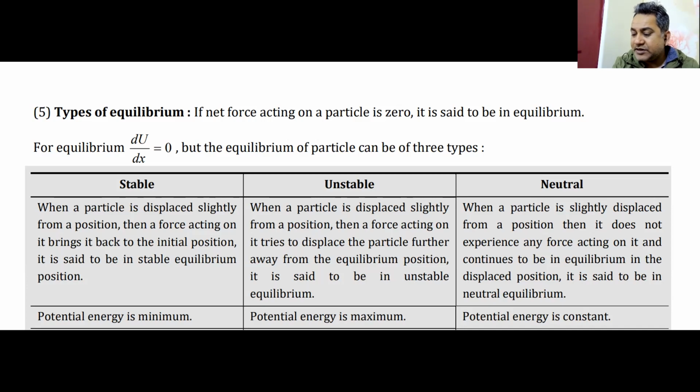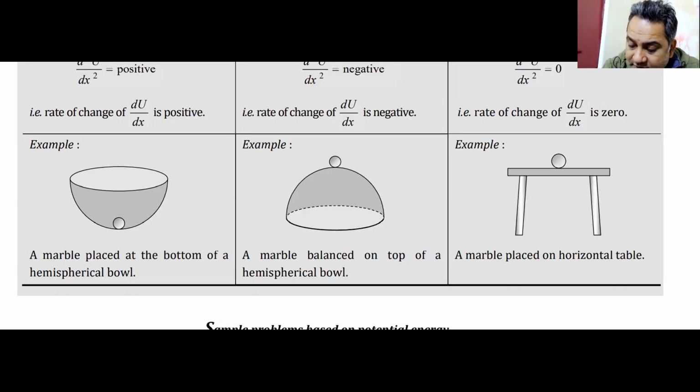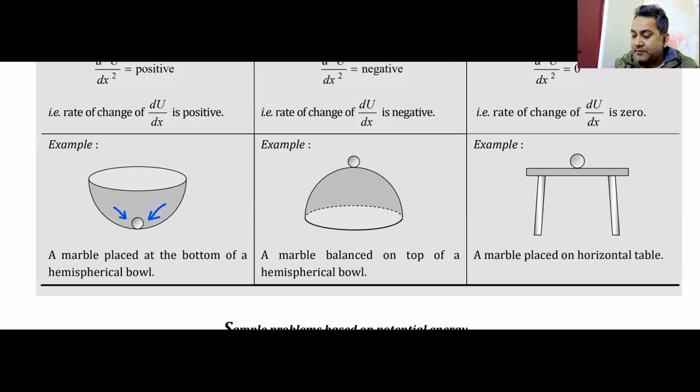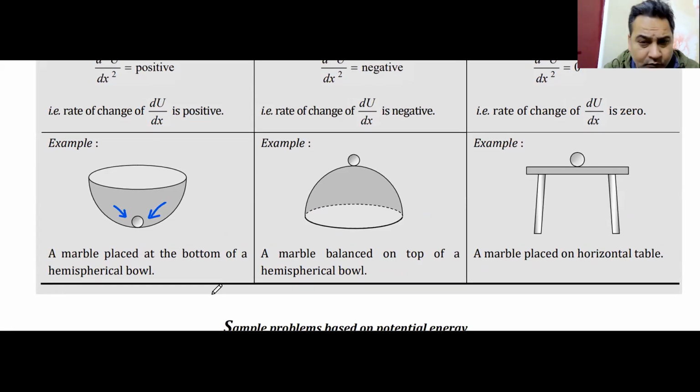There were 3 types of equilibrium: stable, unstable, and neutral. And we had seen that stable equilibrium means the body is at the bottom, the potential energy is minimum. If I try to push this ball upwards, it will always try to come back to its original position. Down the hill, in the valley, if there is something, if you push it up, it will always come back. This is the condition of stable equilibrium, represented by the ball over here, the blue ball.